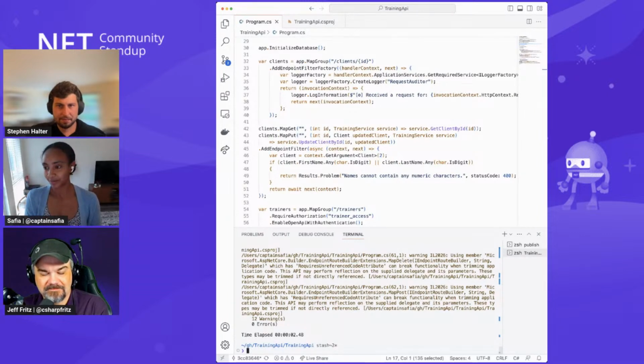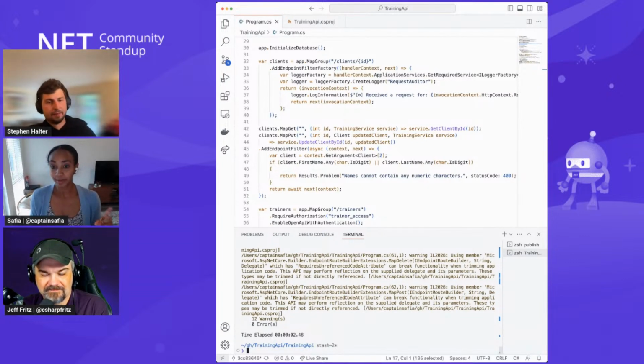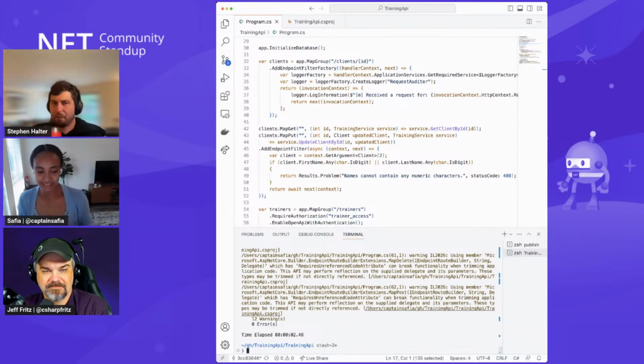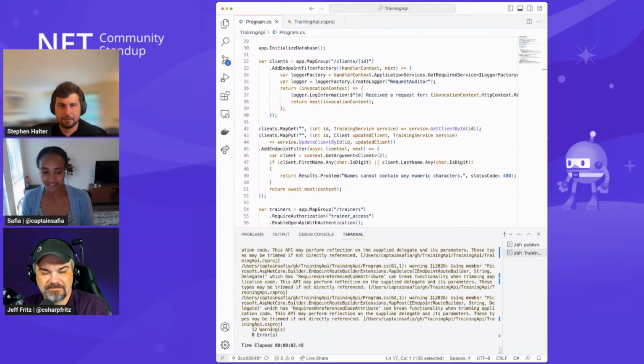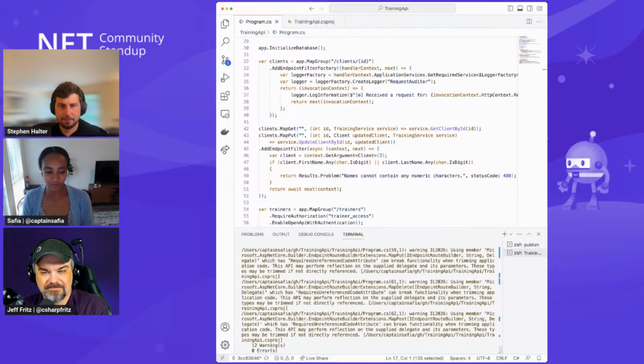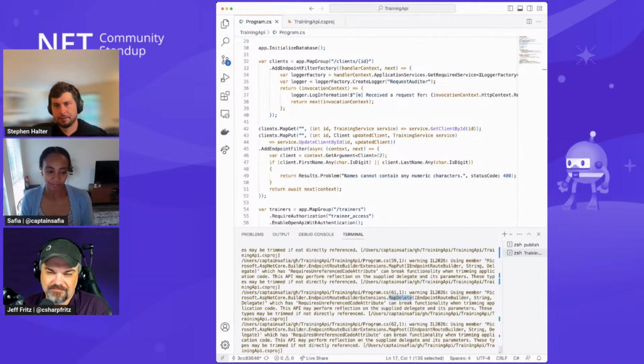And in particular, what I'm trying to showcase here by running dotnet build is that there is a linker analyzer that will run at build time that will kind of statically analyze the code in my application and observe anything that might be a problem for the trimmer and notify me. So what I've done here is I've just done the build stuff in my application. I could see that I've got a ton of warnings from the linker, and they all seem to be related to the map action endpoints in my application. So I've got stuff going on with like MapPost, MapDelete, MapPut. That's kind of a bother.